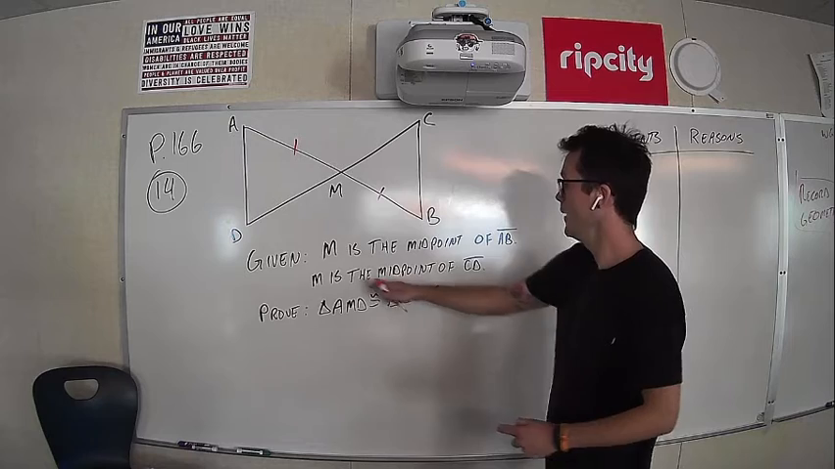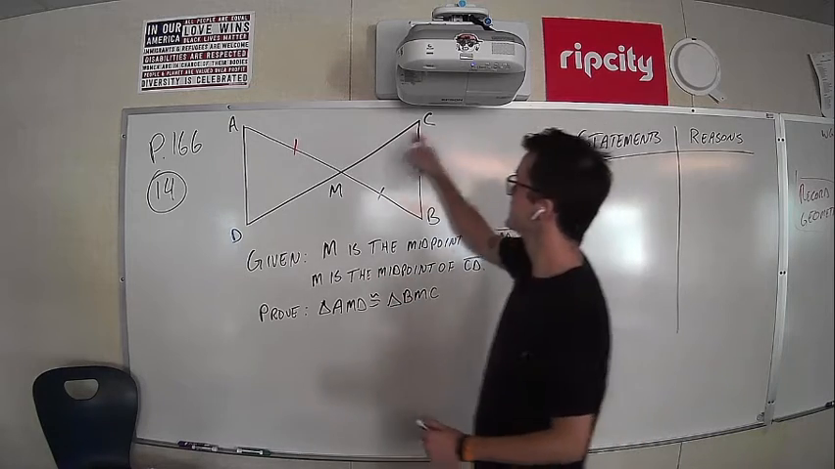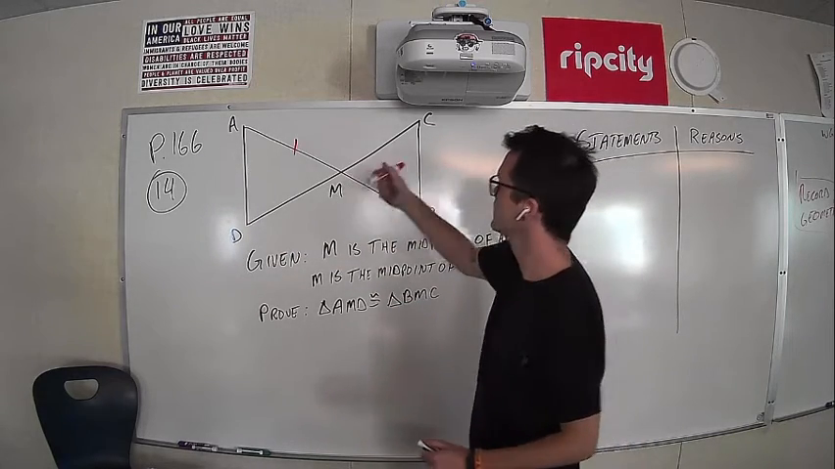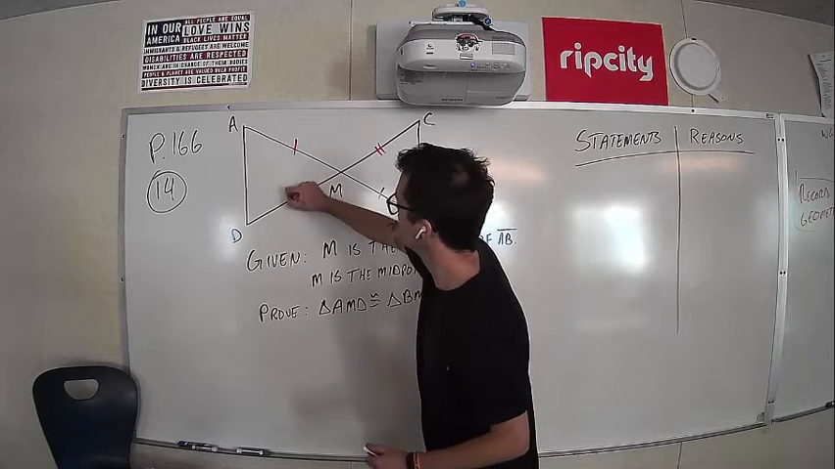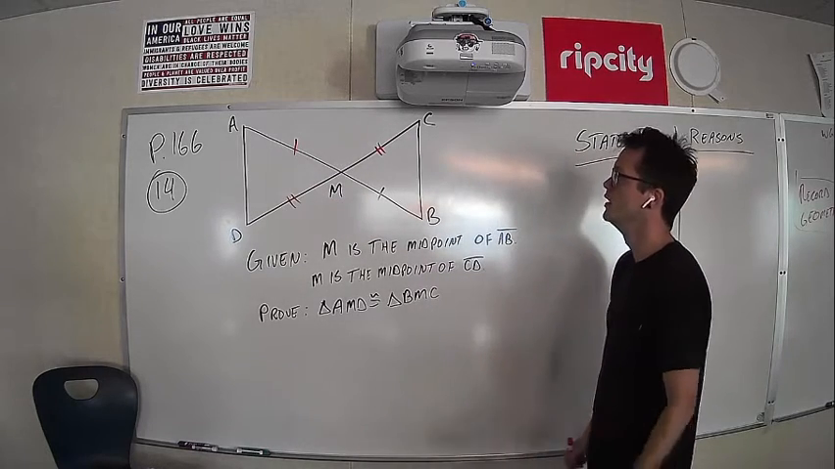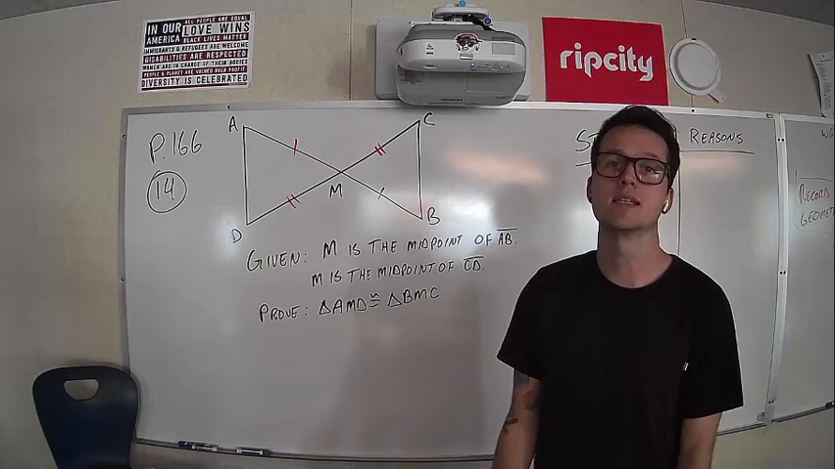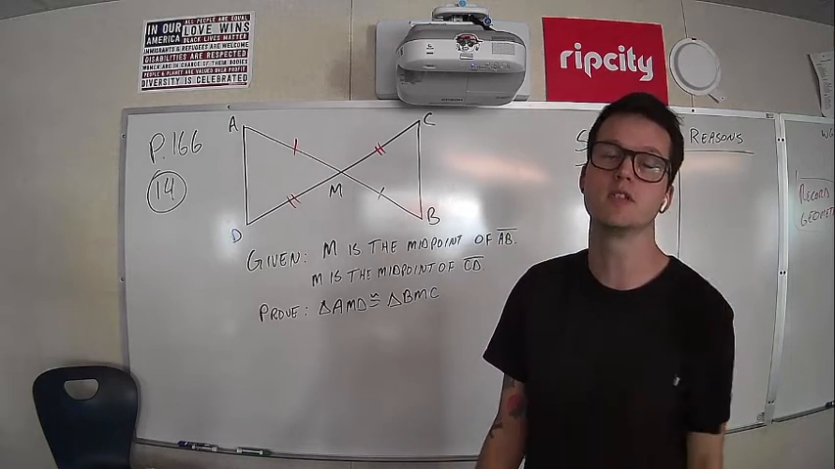Cool. M is the midpoint of CD. CD is this long line. If M is in the middle, that means CM and DM must also be congruent. Cool. Now we have two pairs of corresponding sides that are congruent, but that's not enough to determine that these